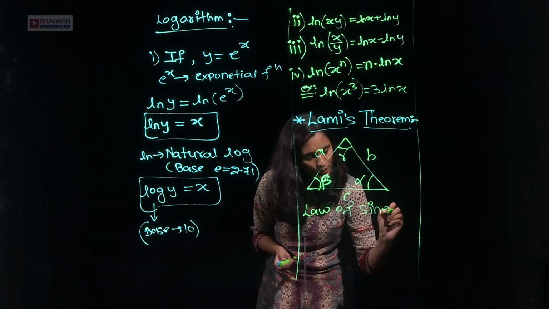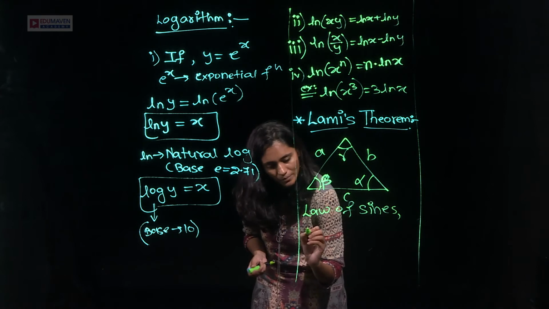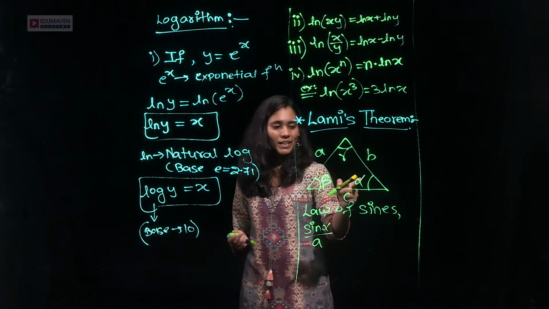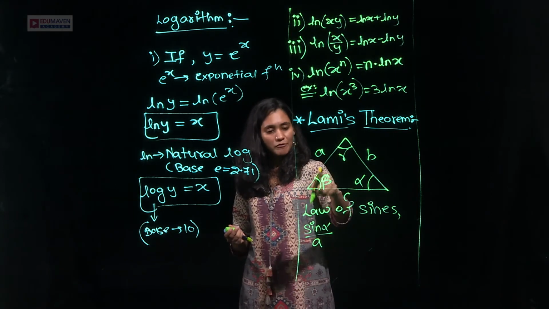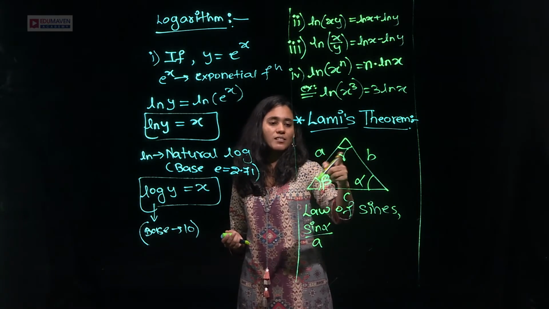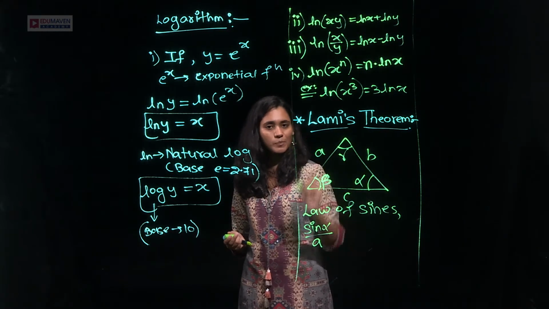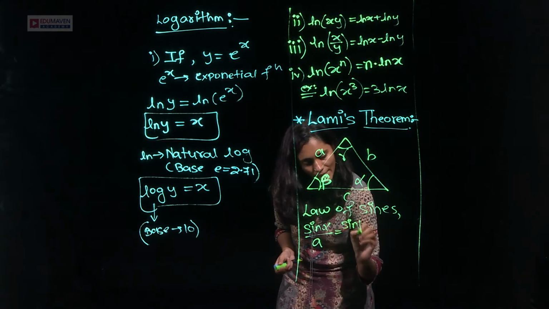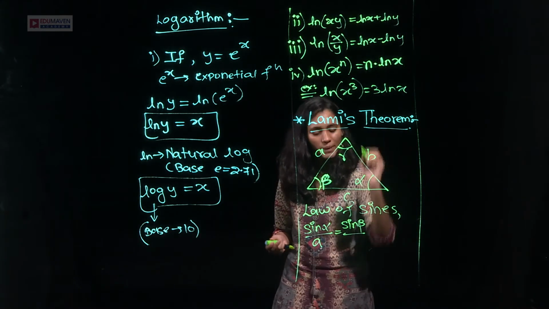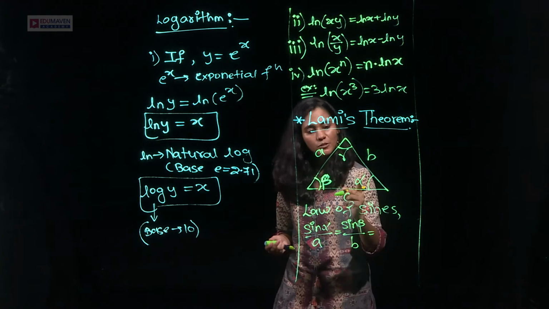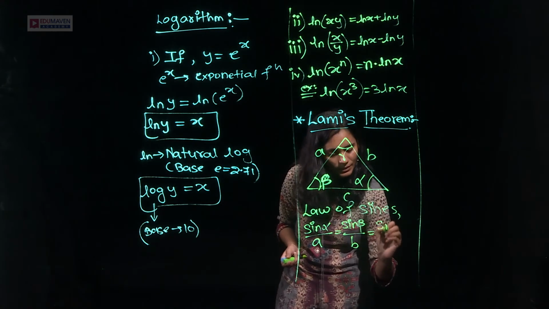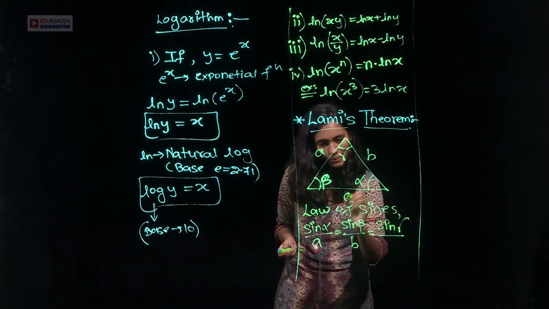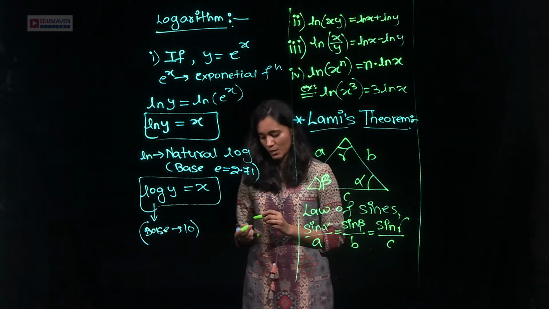So the law of sines is simply sine alpha upon A. The reason I have taken alpha here is because we are using A. If we take this as alpha, we need to change this side; then we have to take this as A and this as B. So sine alpha by A is equal to sine beta, the opposite side of beta is B, is equal to sine gamma divided by the opposite side C, in this way.